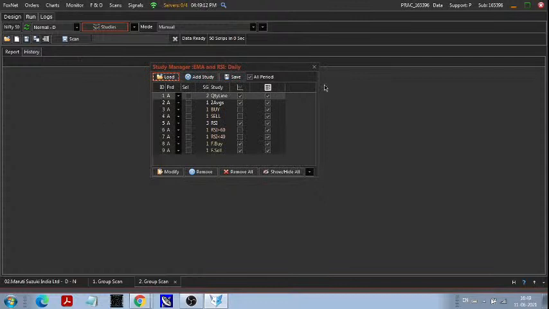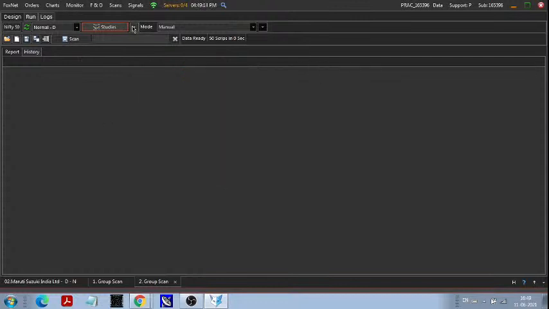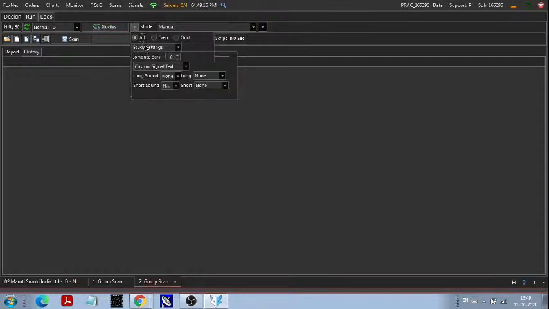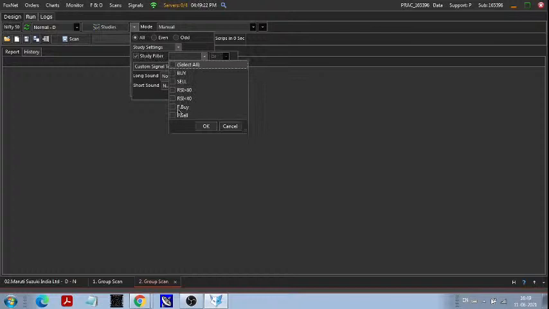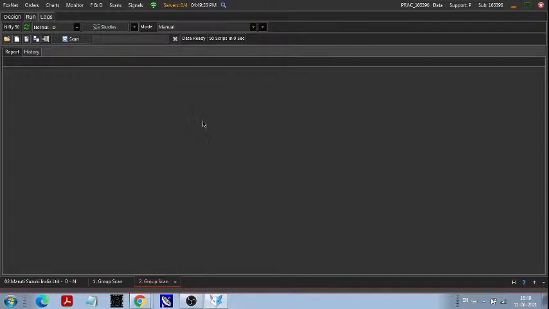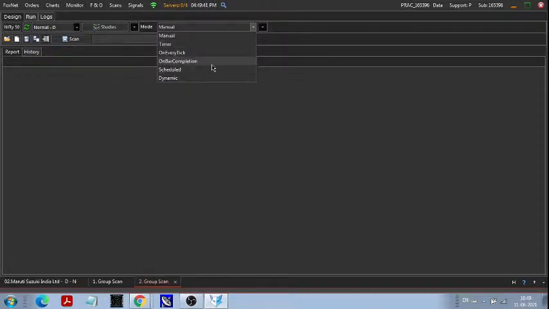Yeah, this one I have taken. Okay. Now here in the drop down, you will see more filter now. Here we have seen only buy and sell. Now I will take final buy, final sell. The rest of all I don't want to scan. Only final buy, final sell I want to scan. So I've selected this. Now I will save from this button.